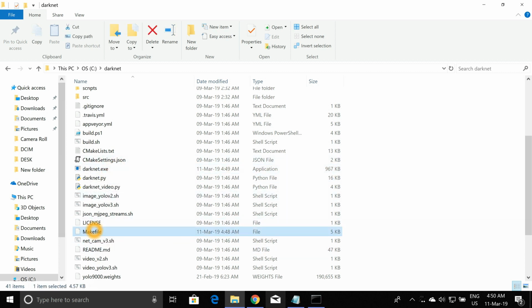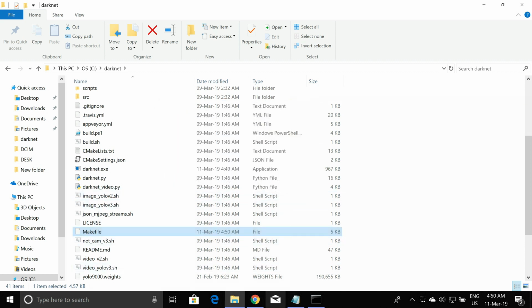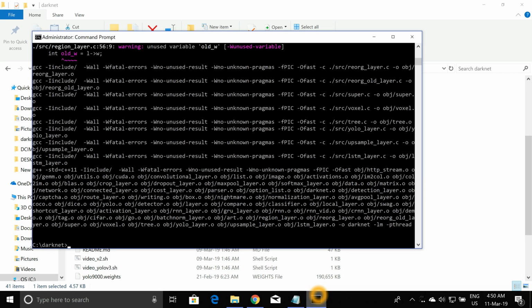GPU, because if you go in the makefile, as you can see the GPU here is 0 and it says set GPU equal to 1 and CUDNN to 1 to speed up on GPU. So if we set GPU to 1 and CUDNN to 1, save it, and now perform the make command, you can get the darknet.exe file for GPU, but in Windows this is a bit tricky and it's very